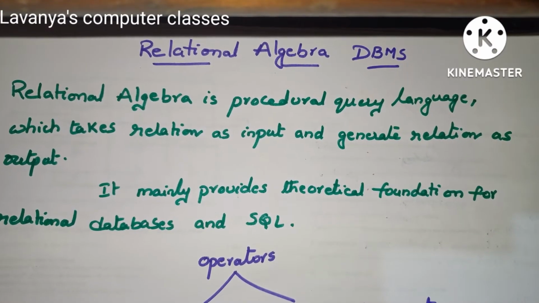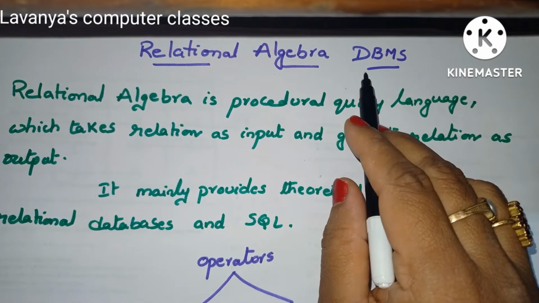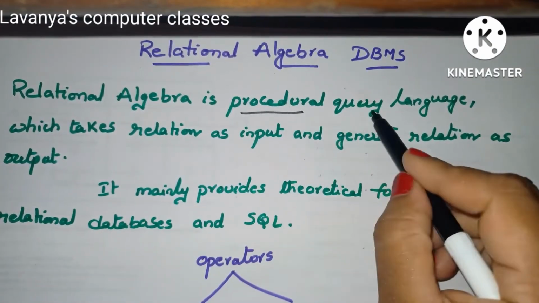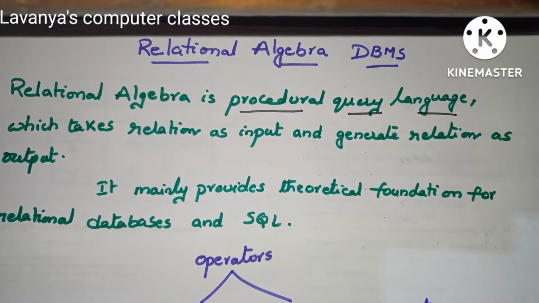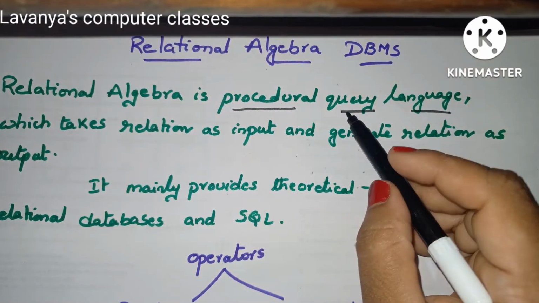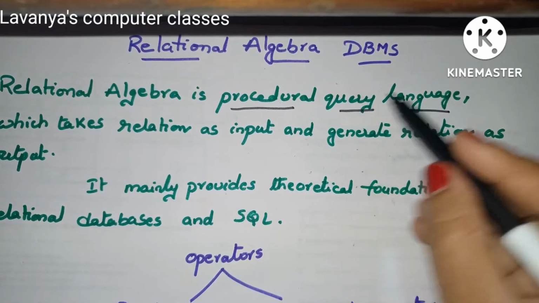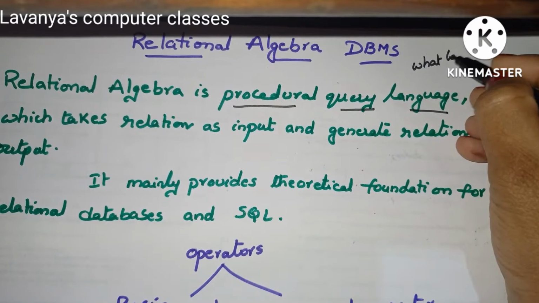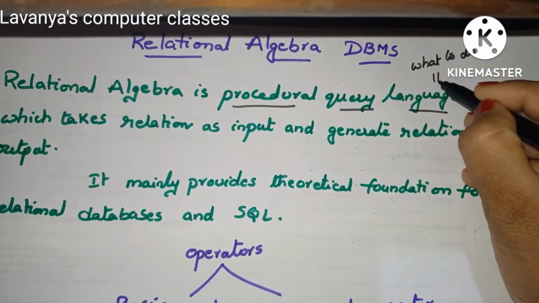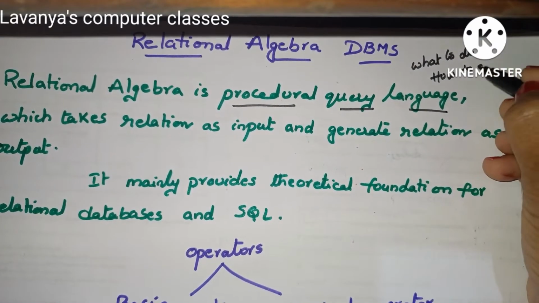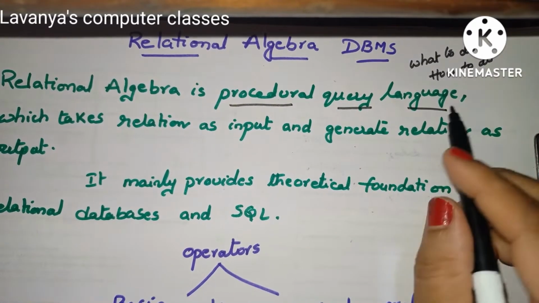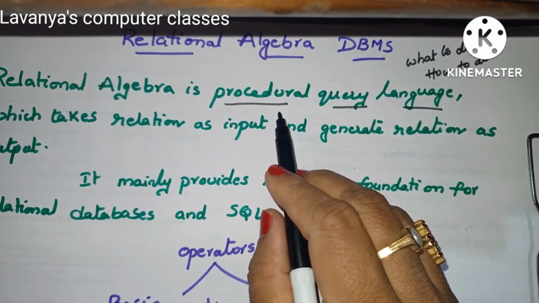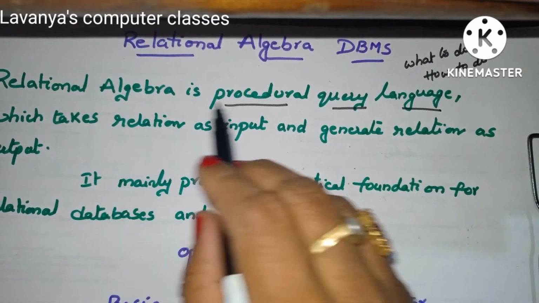In this video, I will explain relational algebra in DBMS. So what does relational algebra mean? Relational algebra is a procedural query language. What does procedural query language mean? In a procedural query language, there are two options. One is what to do, and the second one is how to do: what type of information you require and how you can access that information. That type of language is known as a procedural query language, and relational algebra is an example